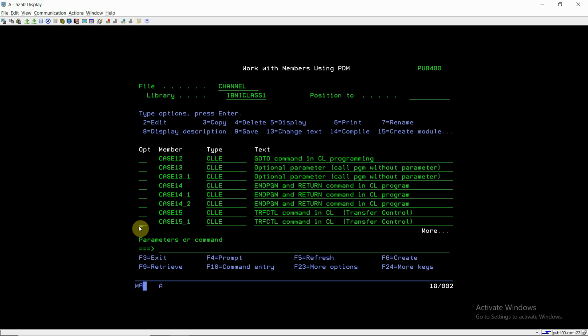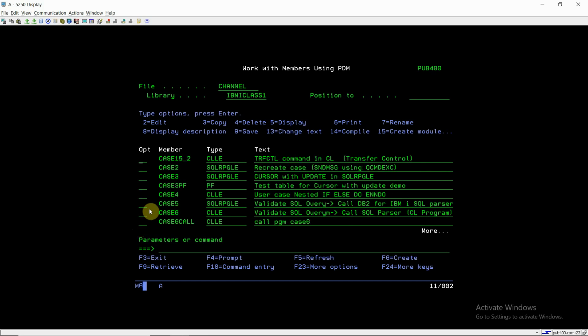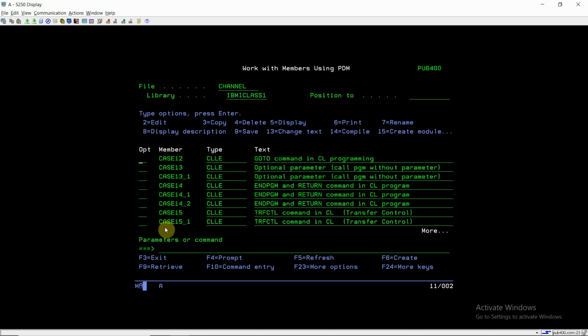Hence once the 15_2 program ends, the control will return to case 15, not to case 15_1, because it is removed from the call stack as we have used the TRFCTL command here. This is the main difference between the call and the TRFCTL command.